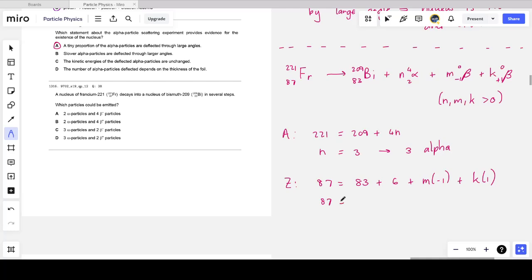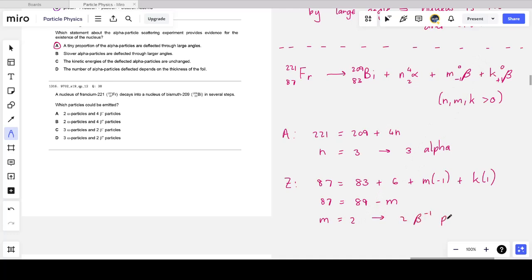Okay, so we have 87 is equal to 89. Now 89 minus 2 is going to give me a number. We have to get rid of k. K must be 0 because I can't take a number bigger than 87 and then add it to another positive number to get a lower number. So I must have that this is 89 minus m, and so m is equal to 2,